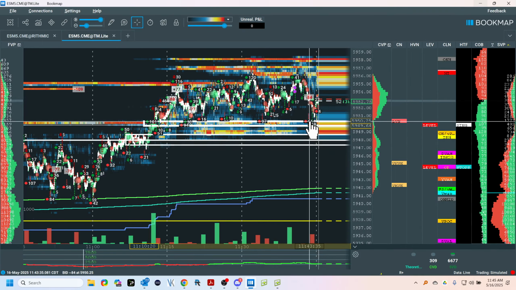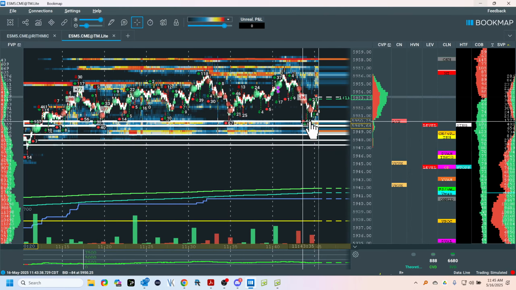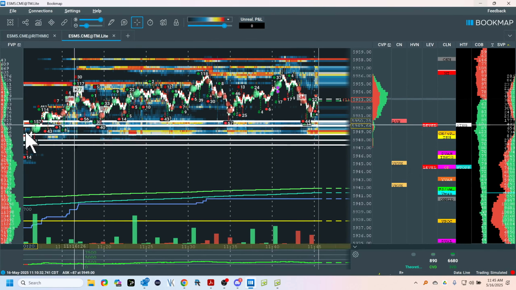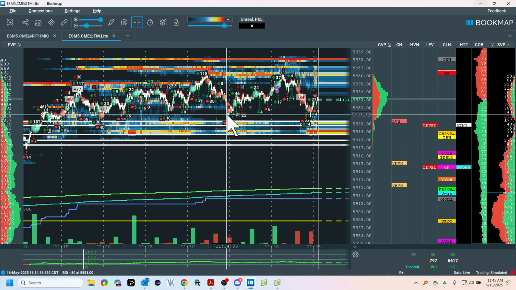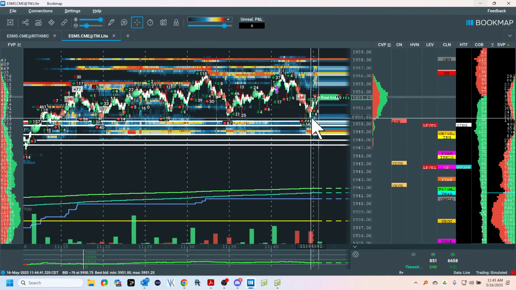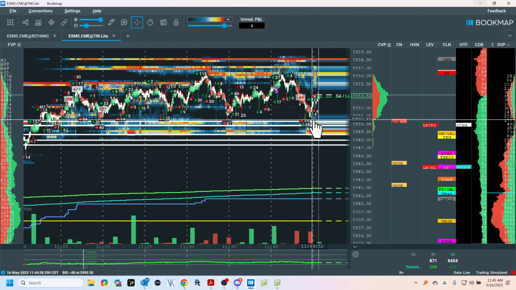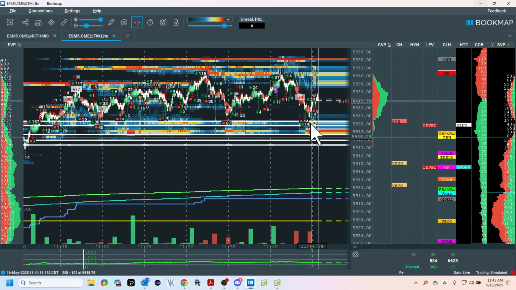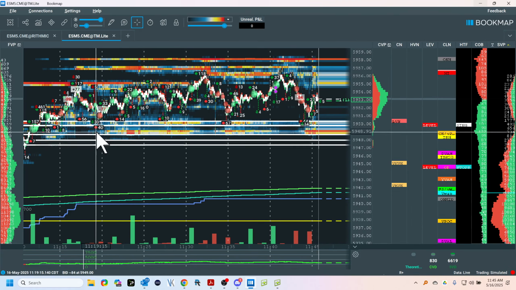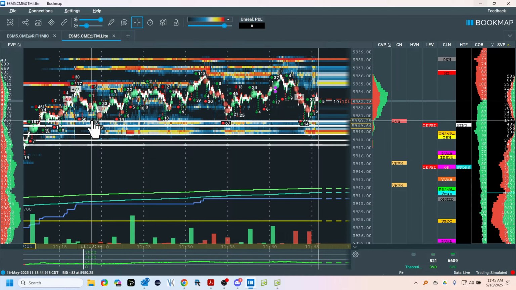I always think the joke in Trader Lab is mean reversion. It's mean. Why? Because you can't tell. Is this it? Came to the location. Well, for me, I require it in my plan to pick the stops out, and it doesn't mean that it won't go up and hit the target from here.